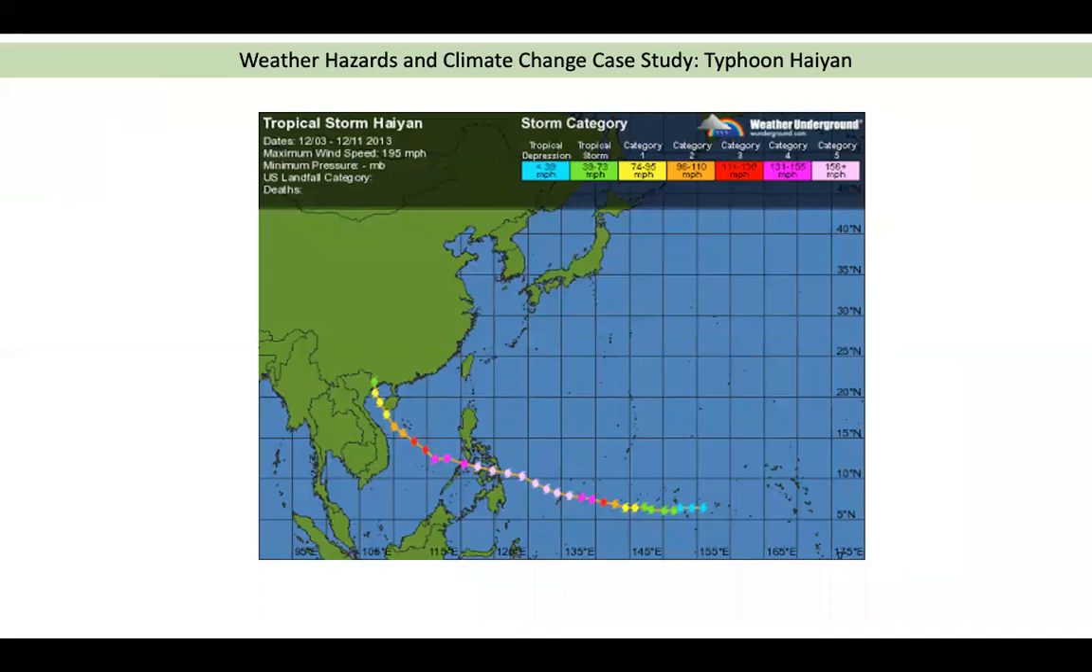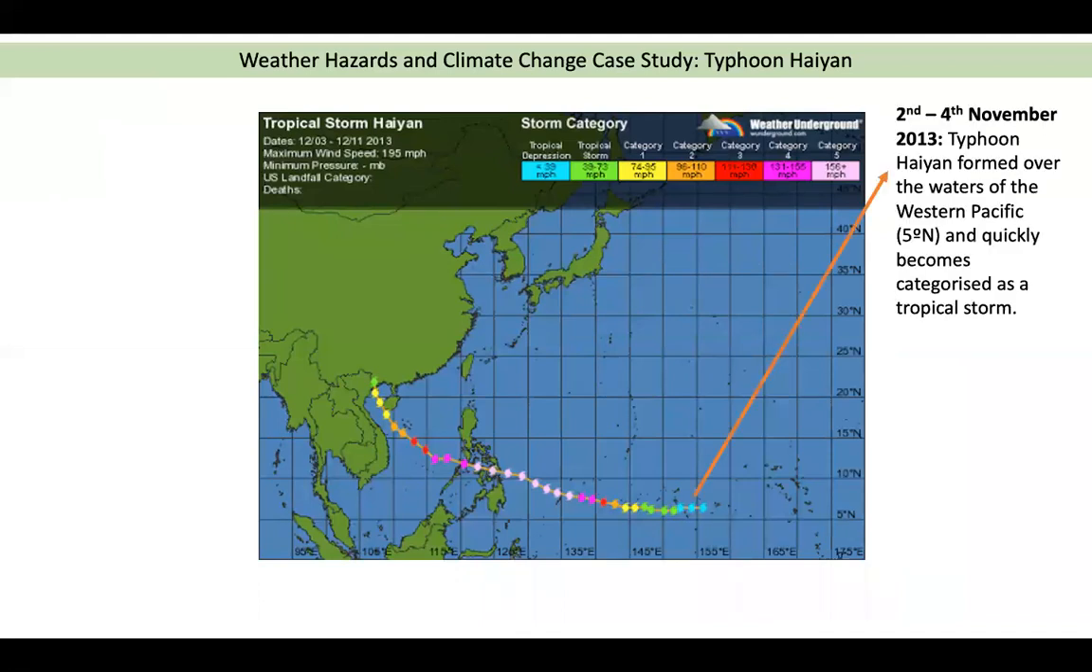Okay, so tracking the actual typhoon. On the 2nd to the 4th of November in 2013, Typhoon Haiyan formed over the waters of the Western Pacific, around 5 degrees north. Here you can actually see your latitudinal lines along the right-hand side. It's up around just above 5 degrees north and quickly becomes categorized as a tropical storm. Now, as it moves westward,